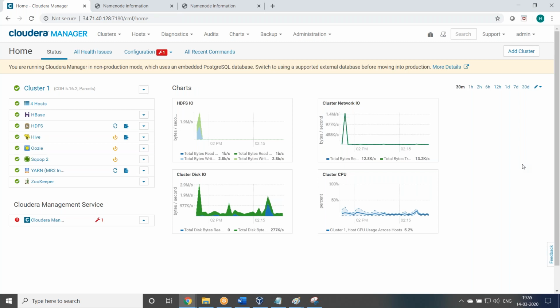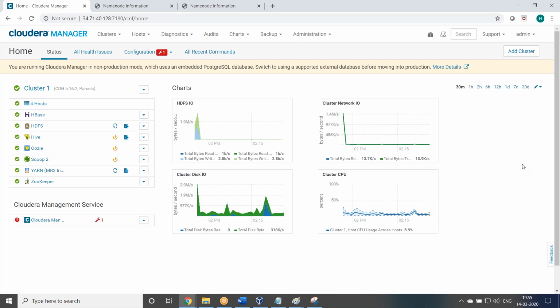What is the cluster status? How is it? What is the storage capacity? Whether storage capacity is under control or fully occupied. Real-time data keeps coming daily, right? So you have to monitor the cluster storage as well as services. That is our duty. And generally we receive tickets, regular tickets, like I am not able to submit my job, or my space is full. Different tickets come, so you have to go through the tickets later.